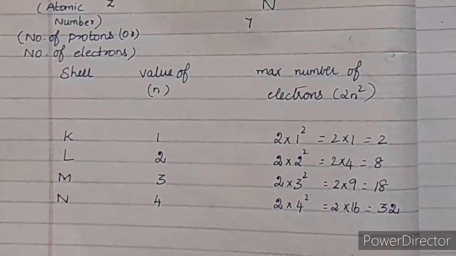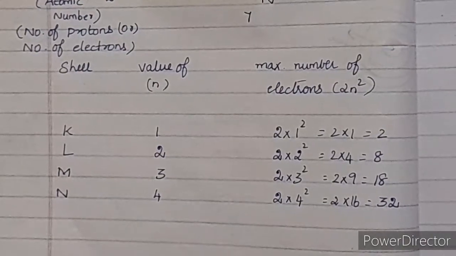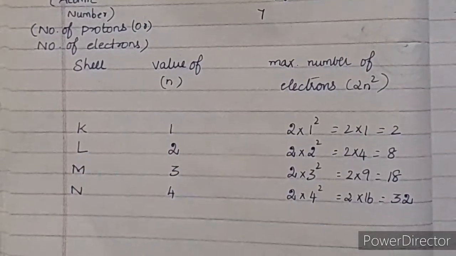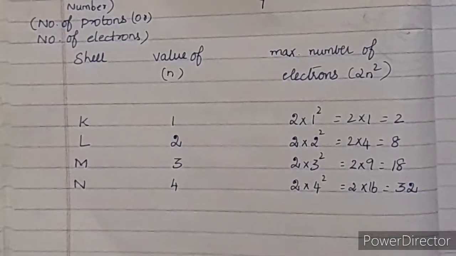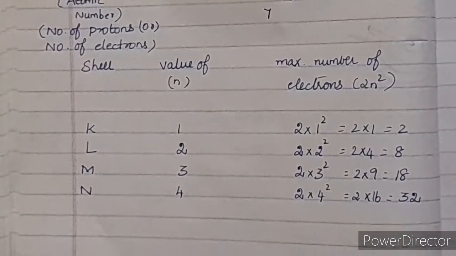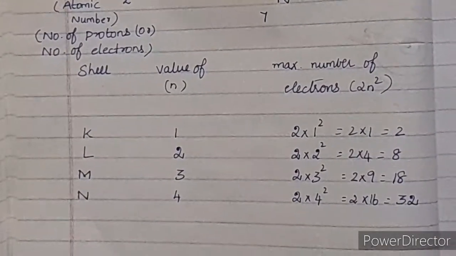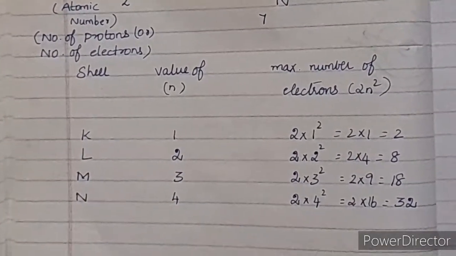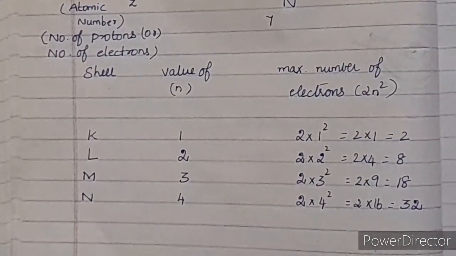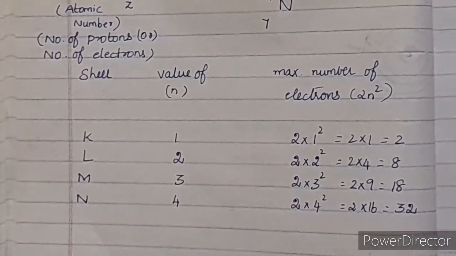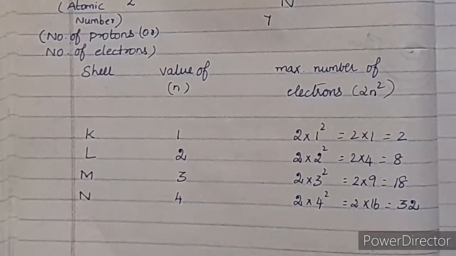Let's see the electronic configuration of the atom, how the electrons occupy the different energy levels. We know that there are different energy levels and these shells are represented as K, L, M, N, isn't it? We have seen this in Bohr's atomic model. Now we'll see the distribution of the electrons in these different shells. That is called the electronic configuration. So electronic configuration is nothing but the distribution of the electrons in the different shells.